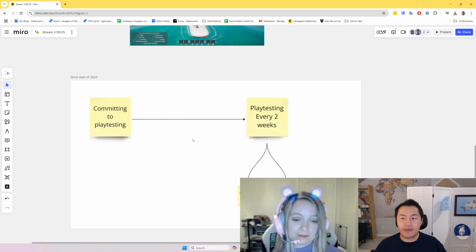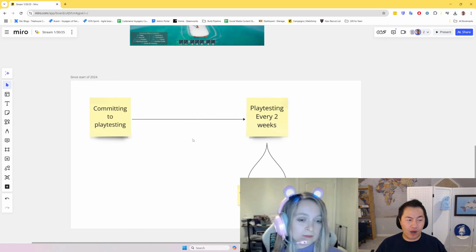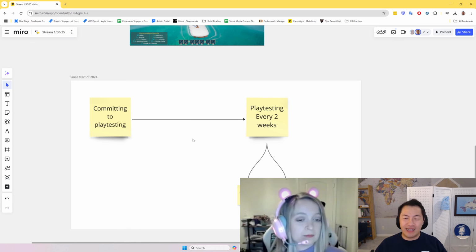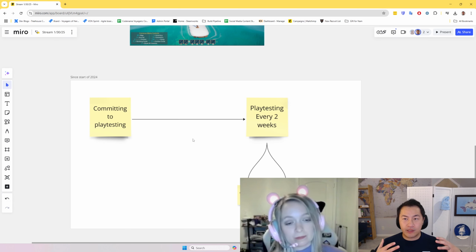But that developed into: we are going to playtest every 2 weeks. Come hell or high water, that's our plan. And so we started to math out, hey, we feel way better about this getting to good, not if we playtest once every milestone, but what if we had 12 more playtests before the end of the year? And we started to feel better and better about that,